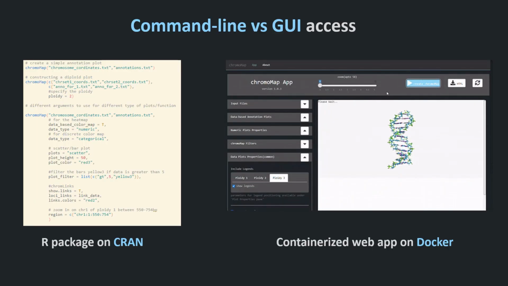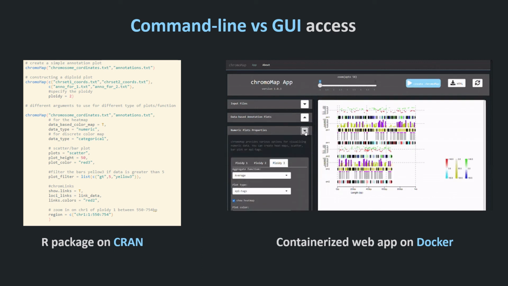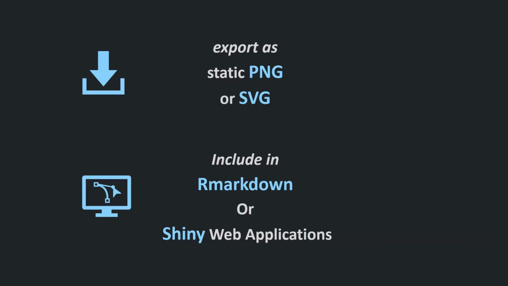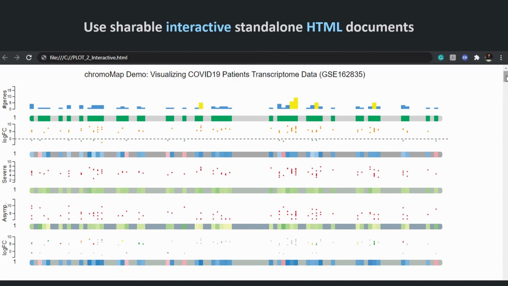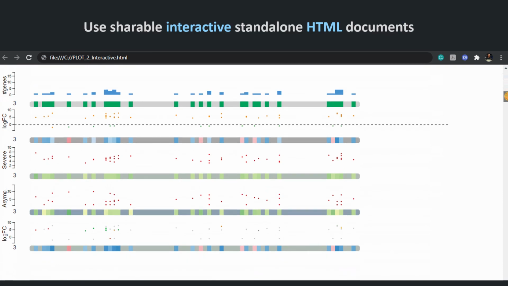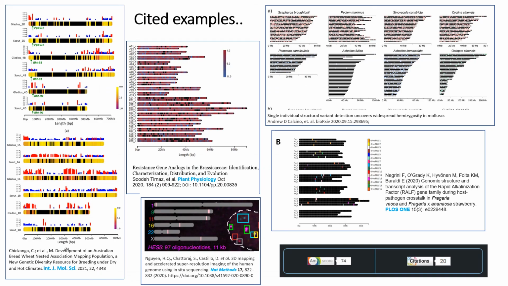You can either use chromoMap as a command line tool or as a containerized web app that provides GUI access to its functions. You can export your plot as a PNG or SVG to include them in publications. You can also include them in R Markdown or Shiny web apps. Or even better, use the plots as shareable standalone HTML documents that can be included in supplementary materials in publications. This is how people have used